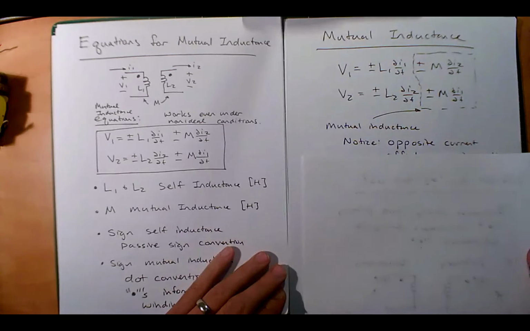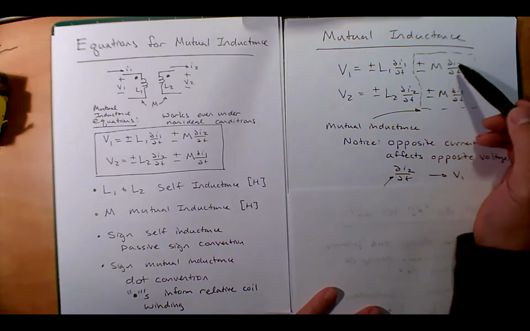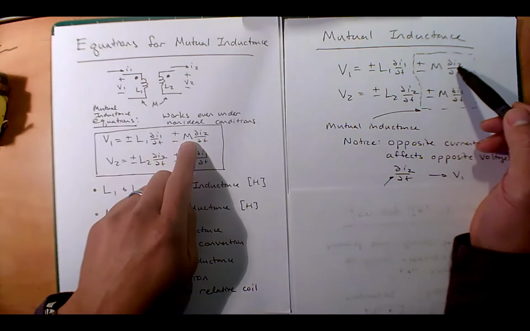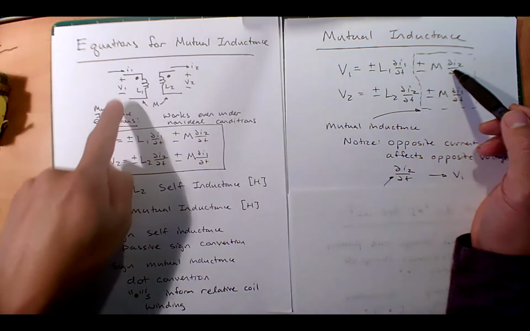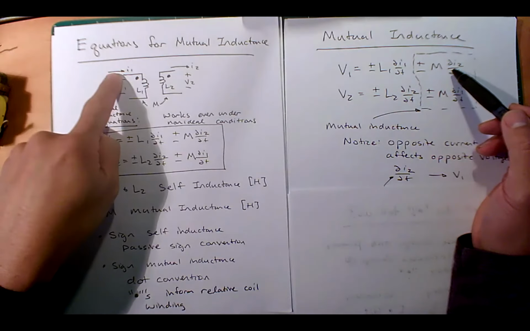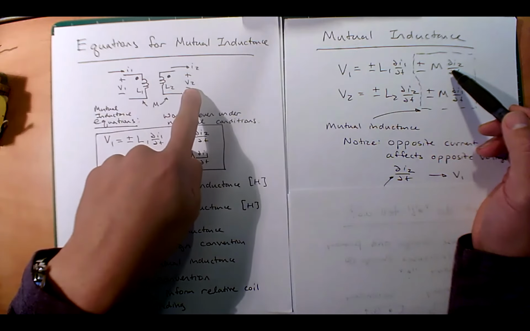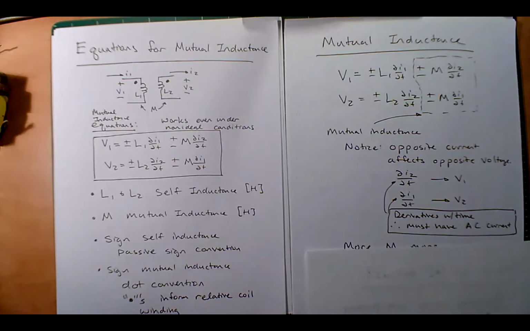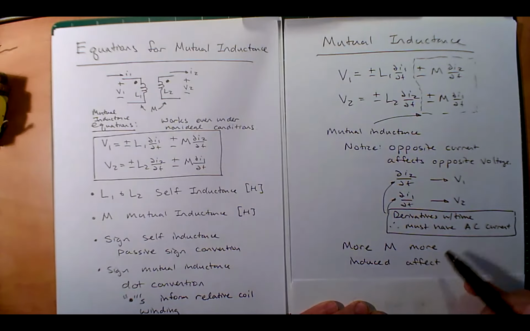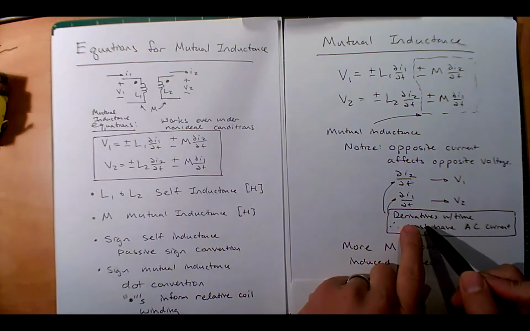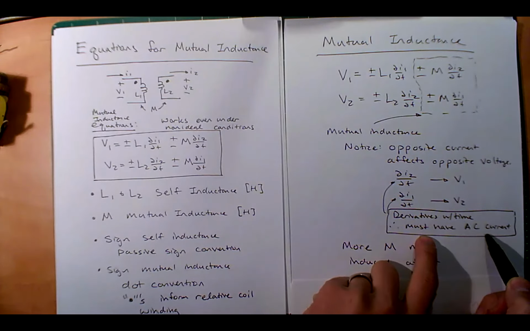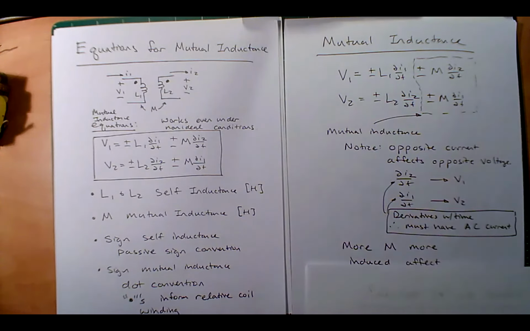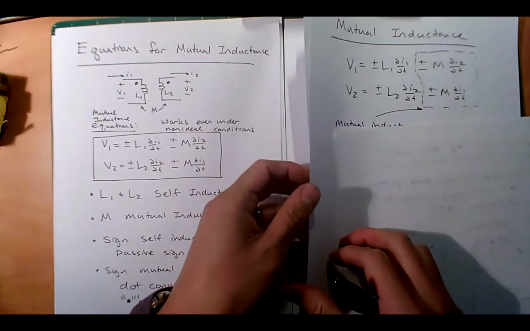So let's look at this M. I really want to hit home that this M here is magnifying how the opposite current, or the opposite change in current, is affecting the primary voltage, and vice versa. The opposite change in primary current is changing the secondary voltage, right? The bigger the M, the more induced effect, right? And so here we go. We have the time derivatives. Notice because you have time derivatives, you have to have an AC-like current. If it's steady state, these derivative terms go to zero, right? So I hope that shows that AC is the name of the game here. Okay,